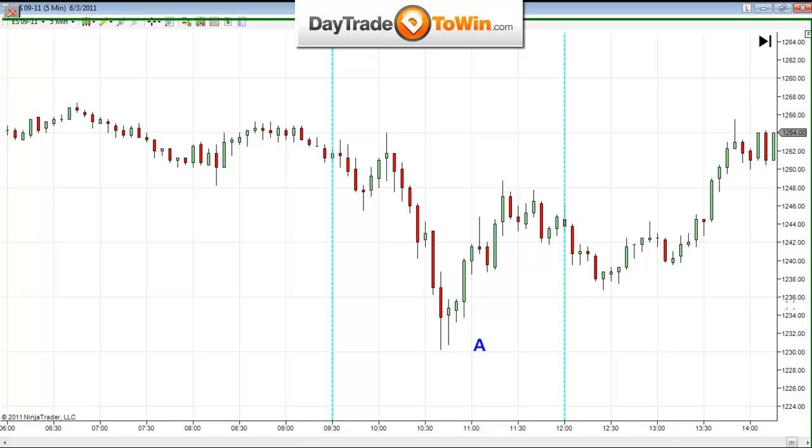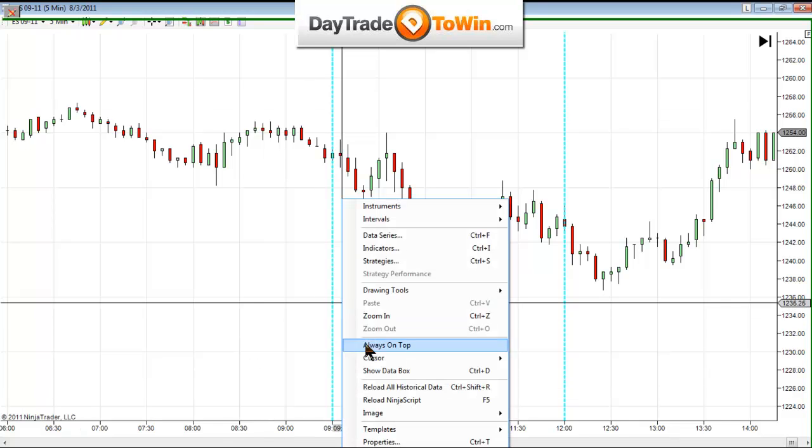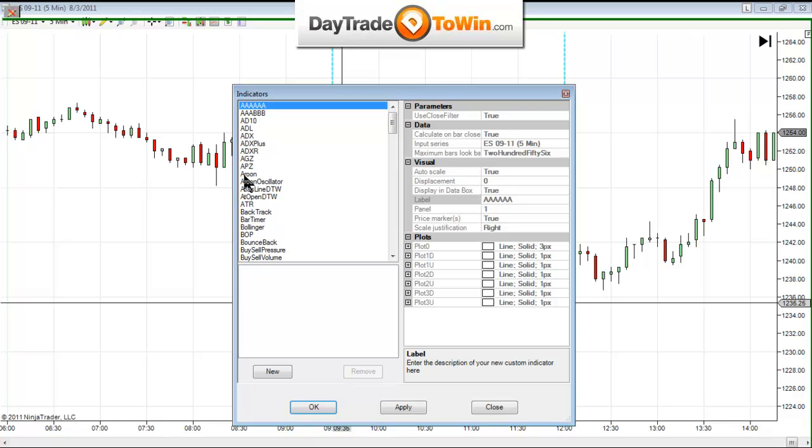A lot of systems are day session only, they're not overnight. So if there happens to be a gap or the system is telling you to go long or short, all these orders are starting to come in as soon as the market opens. And so when you couple all of the robot trading that occurs with everyone else that is positioning themselves for maybe a longer term move or a swing trade, the day begins and you have the most amount of action that occurs. And I actually can see that if I add the ATR back here.